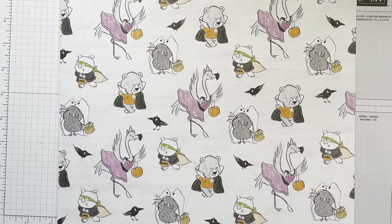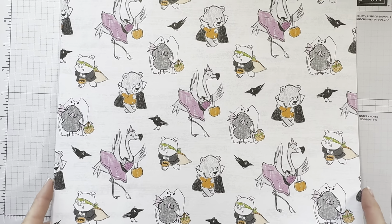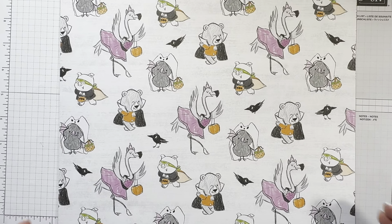I have started making Halloween cards. I made my very first Halloween card this week and it is a fun fold, just in time for Fun Fold Friday. But I wanted to show you really quick the new spooky Halloween suite